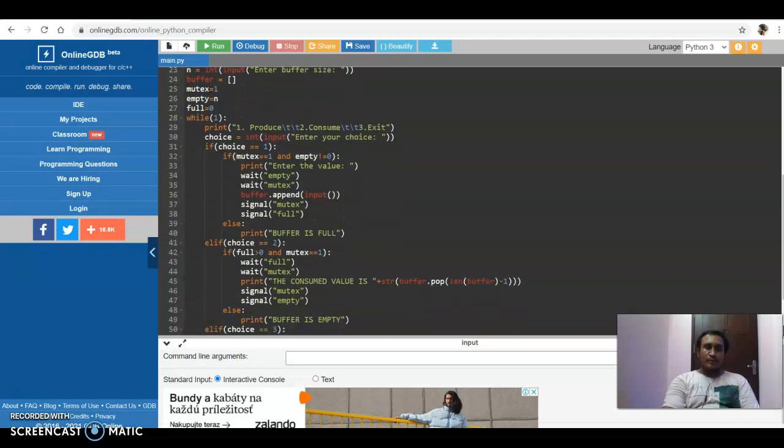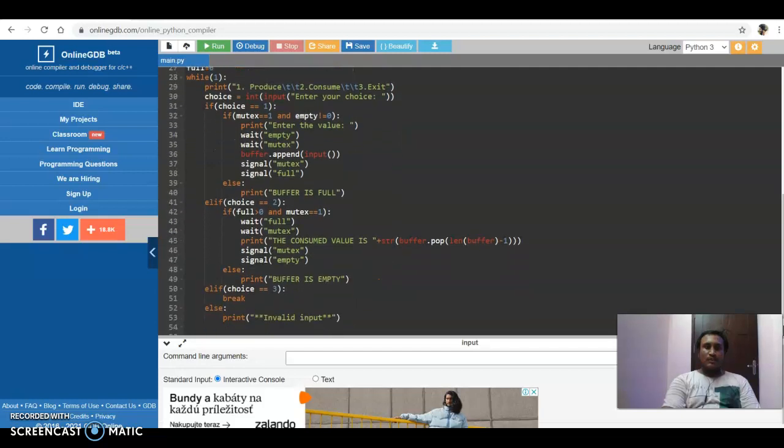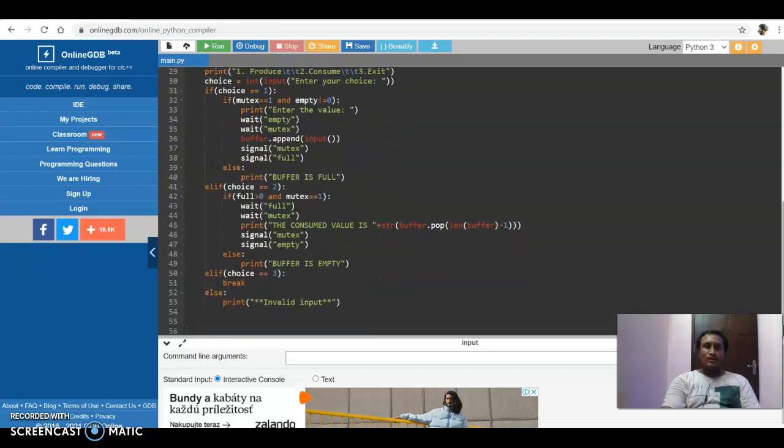1, print 1 produce, 2 consume, 3 exit. Choice is equal to int input, enter your choice. If choice is equal to 1, if mutex is equal to 1 and empty is not equal to 0, print enter the value, wait mutex, buffer dot append input, signal mutex, signal full, else print buffer is full. Else if choice is equal to 2, and if full is greater than 0 and mutex is equal to 1, wait full, mutex,